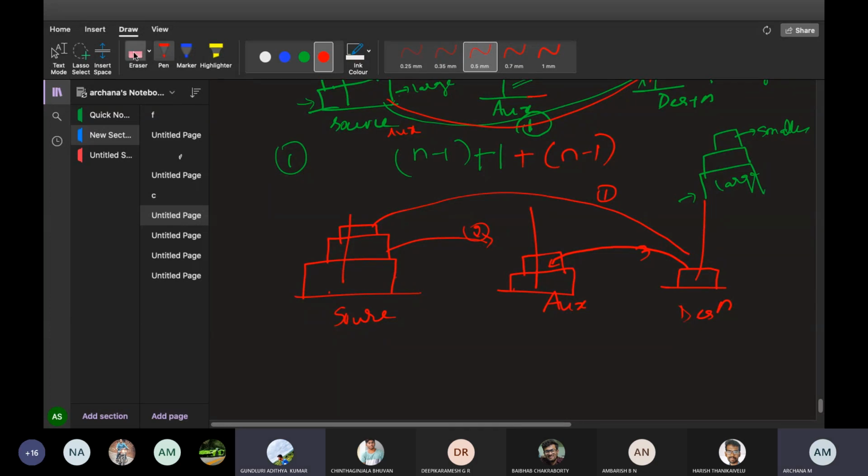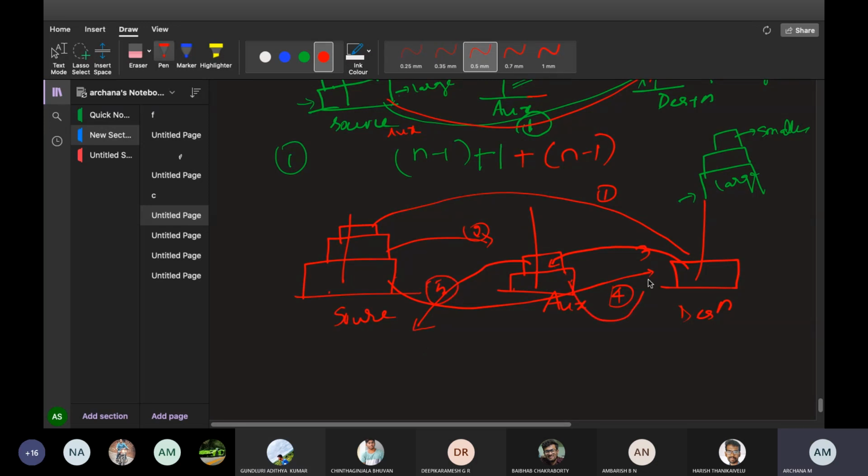After moving the larger disk from source to destination, ma'am. Okay, now the larger will go from source to destination. That is the fourth step. Okay, the larger will come here. Okay, now move the smaller disk from auxiliary to source, ma'am. So move here. Then finally, this is the fifth step.